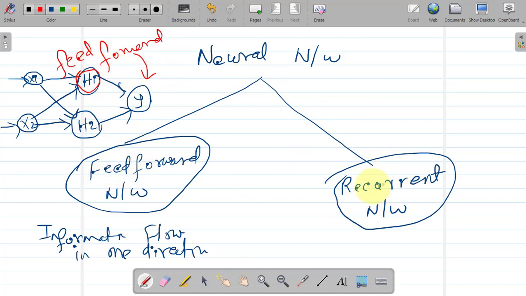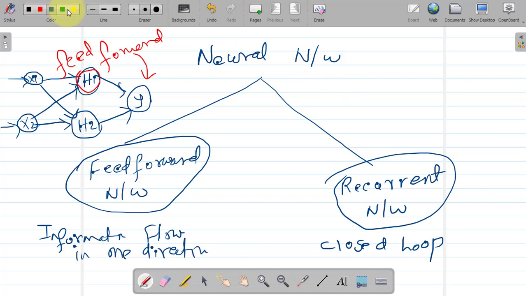But what happened in the case of recurrent network? In recurrent network, there is a closed loop in the network. It will form a closed loop. यहाँ पे loop नहीं बनेगा. Why? Because the information is flowing in only one direction. As we can see in case of this recurrent network,